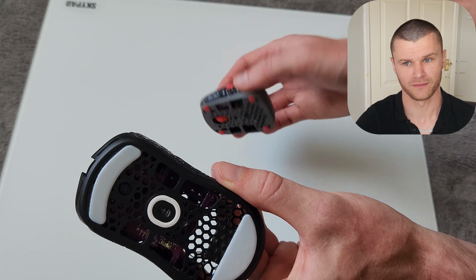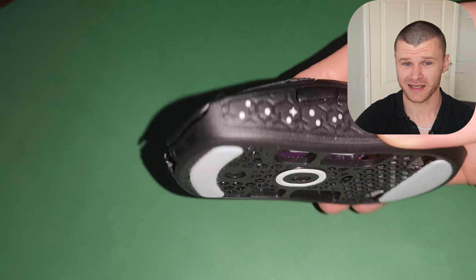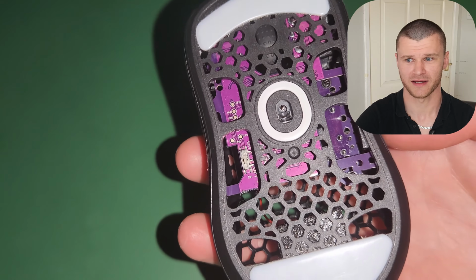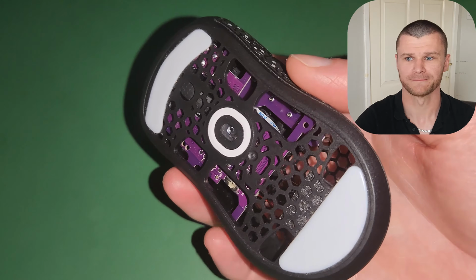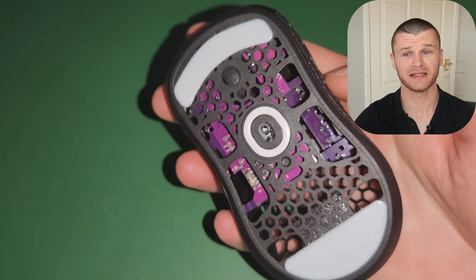works well for you. I really like the HTX shape. And shape is king after all, so we're working with a solid foundation here. The shape is often compared to the Viper Mini, and that's one of the community's favourite mice, at least as far as I can see. It is shaped like an hourglass with a bit more junk in the trunk, and it's a little narrower at